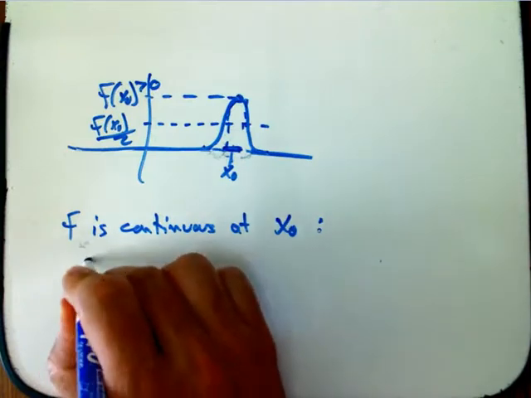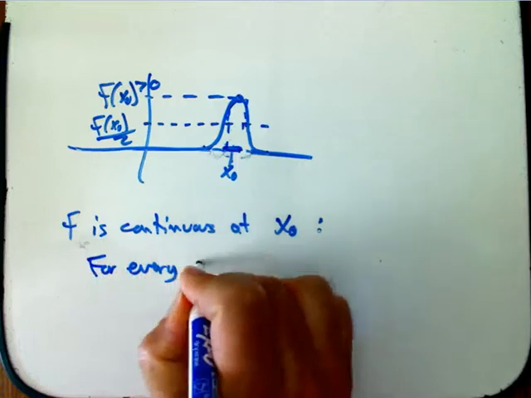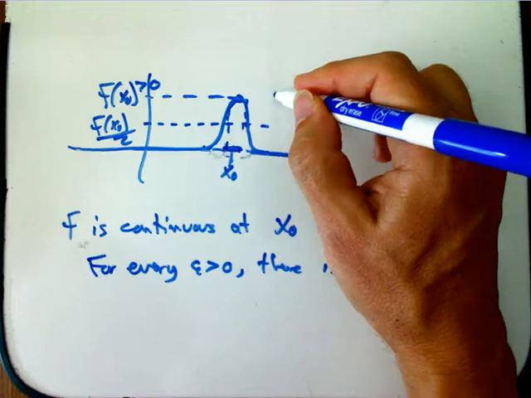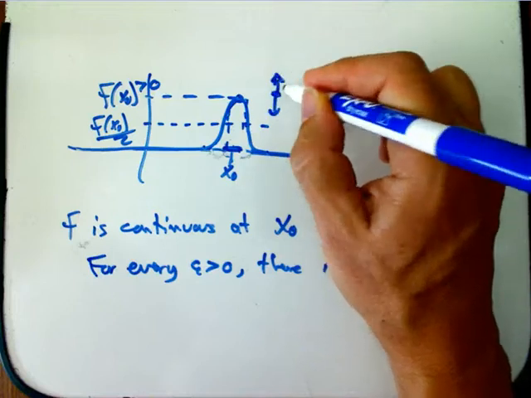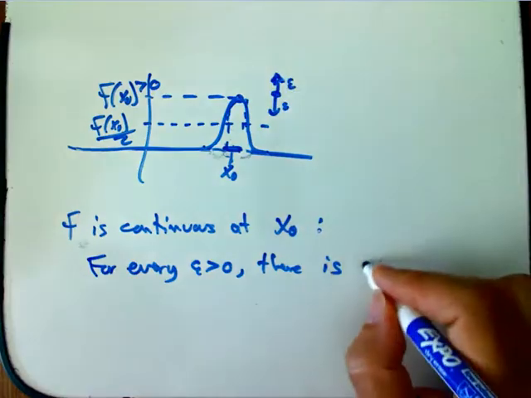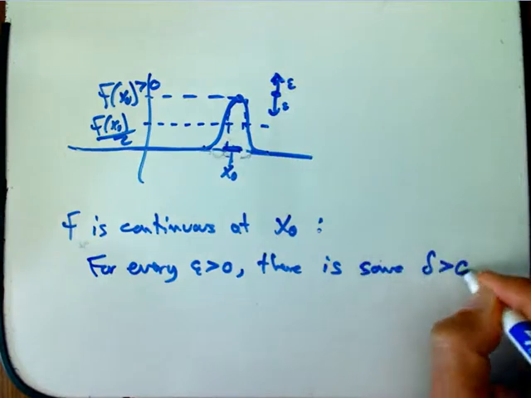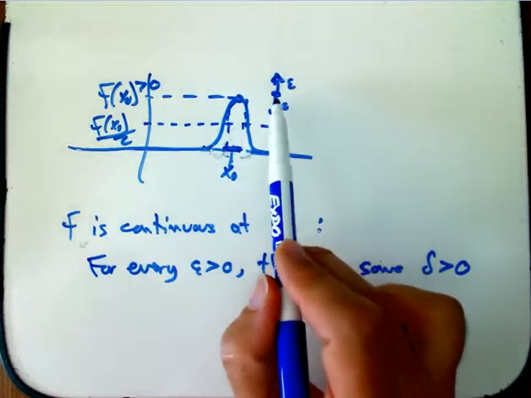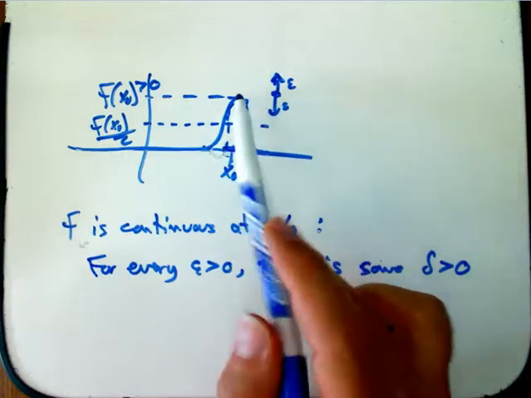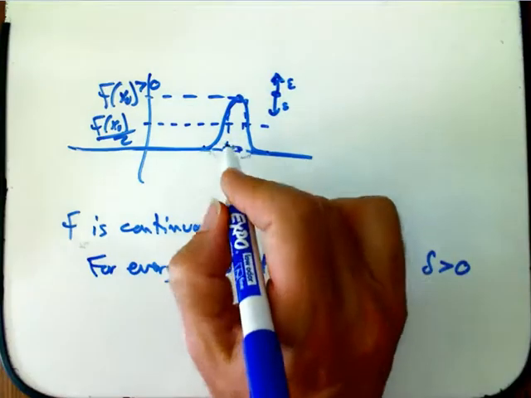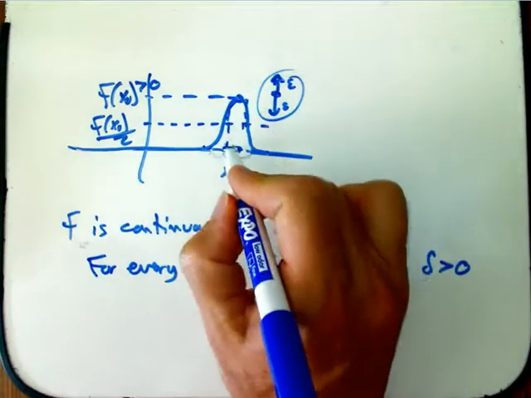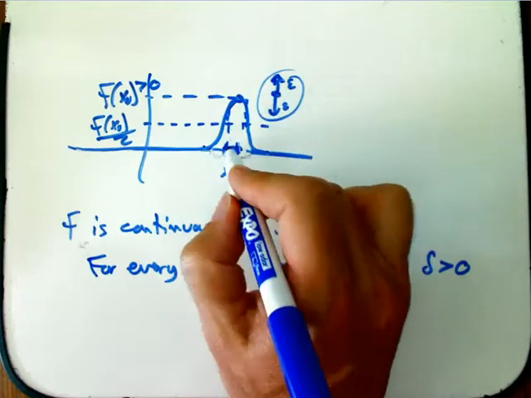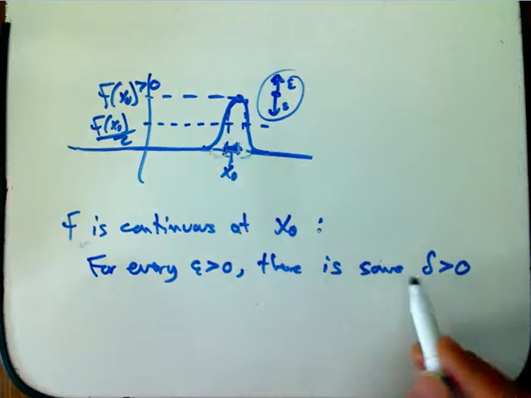That means that for every epsilon greater than 0, so that's every wiggle room, error tolerance in the output, there is some delta greater than 0. So I challenge you to make sure your output is not too different from f of x naught, and I allow you a certain error tolerance here, and you need to make sure you can guarantee the values are in this error tolerance with some tolerance on the input. So that there's some delta greater than 0